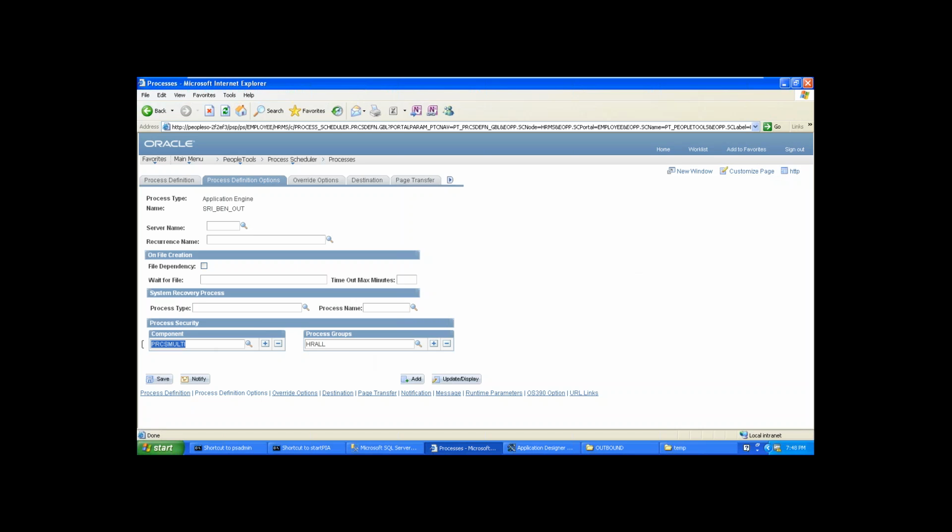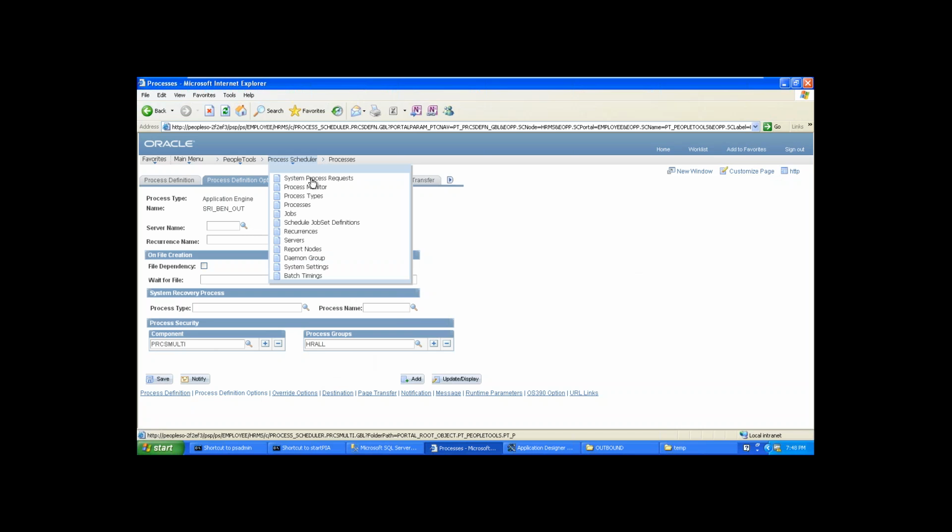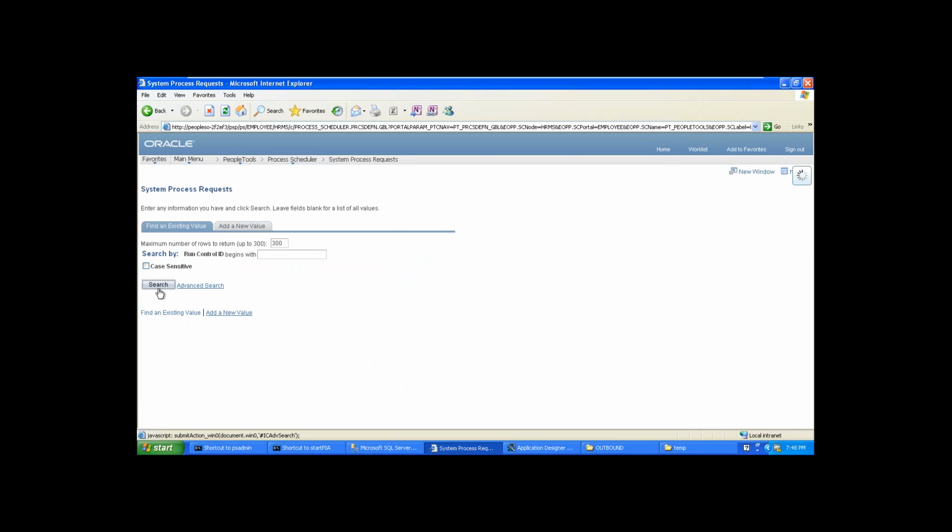Fine. Where is this component? In the same navigation, process scheduler, system process requests is the component navigation. Here also the run control ID is being asked.